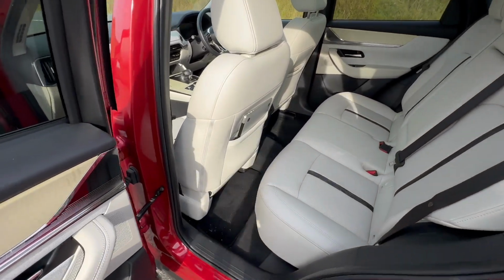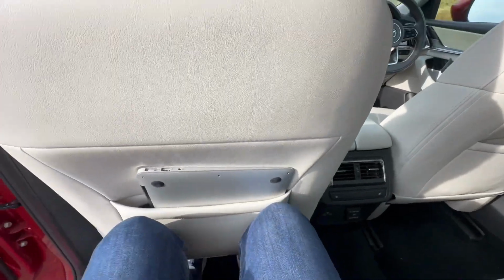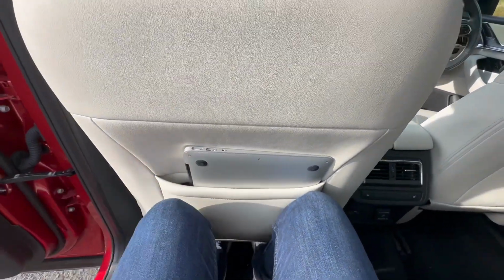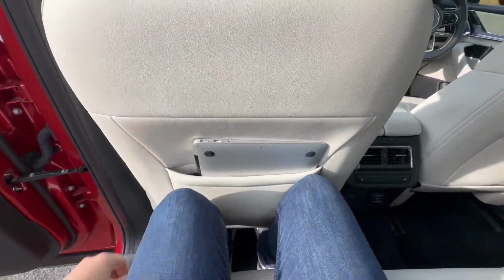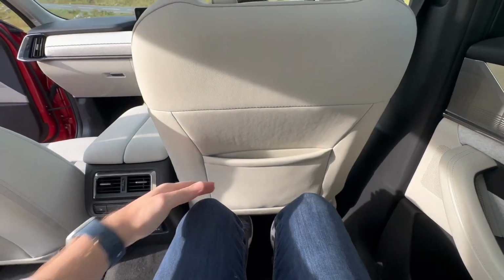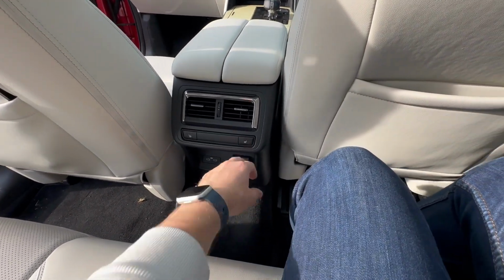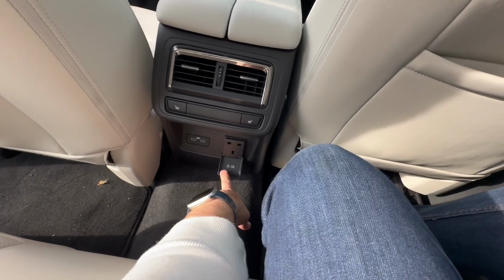Now this front seat, we've moved all the way back to show just how capacious this is. I still got a fair bit of leg, well I say a fair bit, a little bit of leg room there, but this driving seat in my position, I've got absolutely loads of leg room. You both get a USB-C port, heated rear seats, and you also have a power outlet in the back as